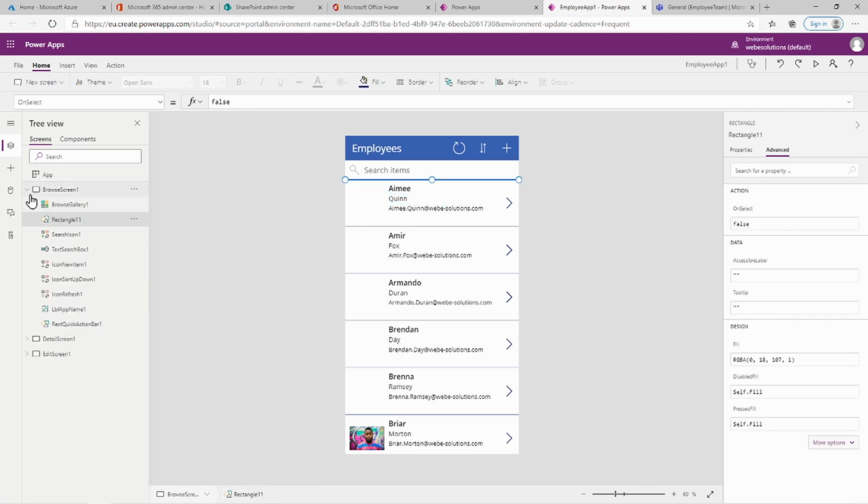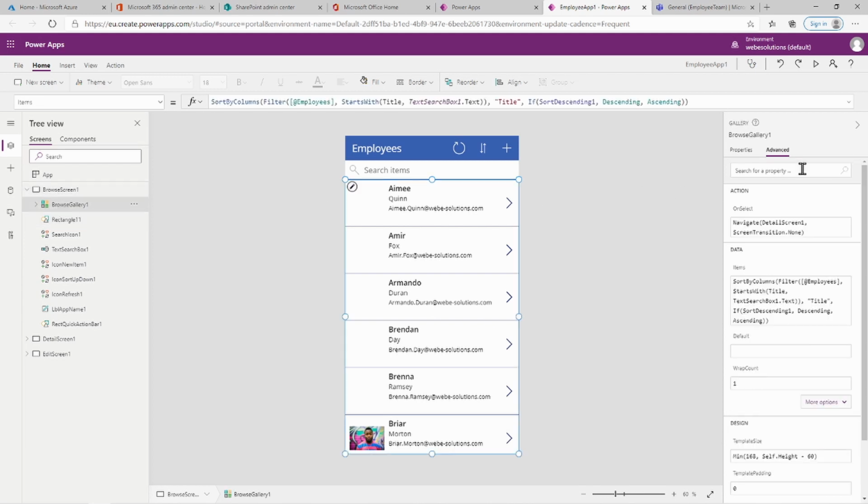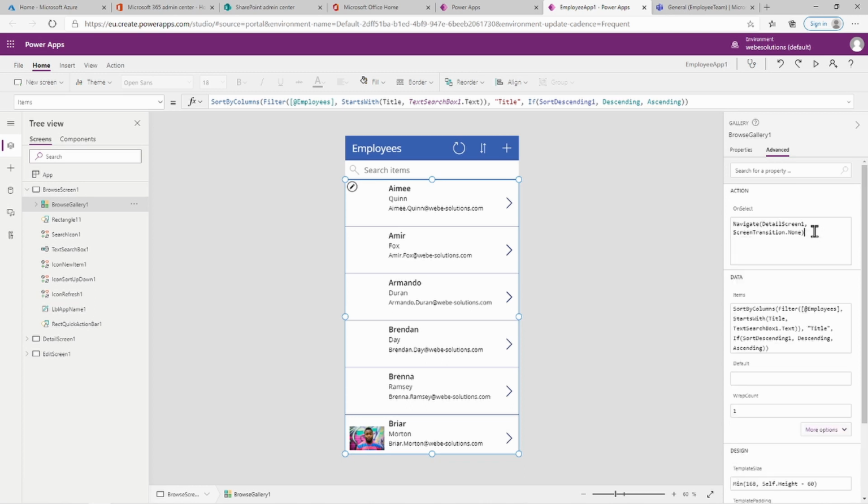Let's minimize this and also look at the gallery again. If we go back to a gallery on select, you can see over here there's a navigate function. So if we enter this in over here, you can see there's a navigate option, which is navigating us to details screen 1, and screen transition is none. So basically what that means is it's the navigation. If you click on any of these items, it will navigate you to your details screen, and there is no